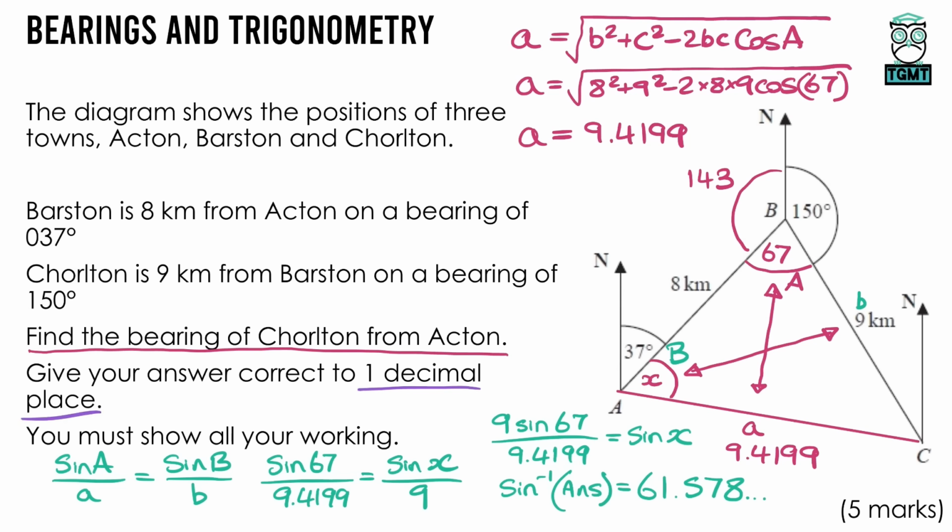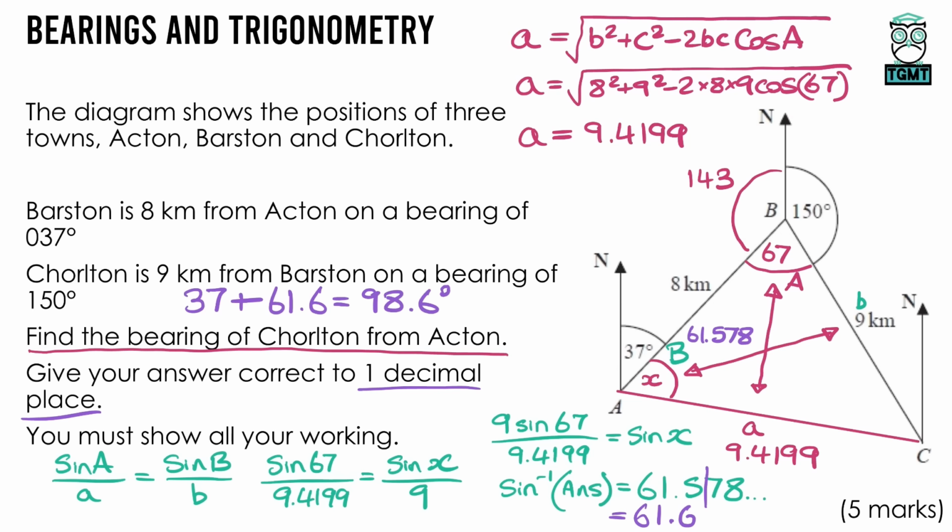I need to add this angle, the 61.578, onto my 37. Now I may as well round this number, and that's 61.6, as it wants it to 1 decimal place. So if we add that to the 37, let's have a look. So 37 plus the 61.6, that gives us a total of